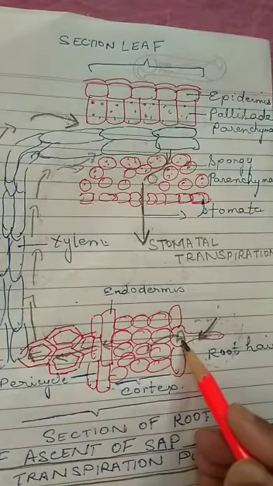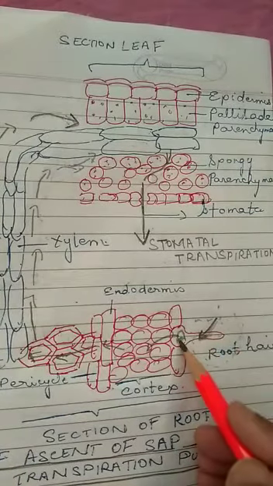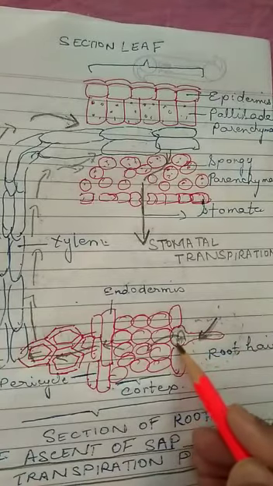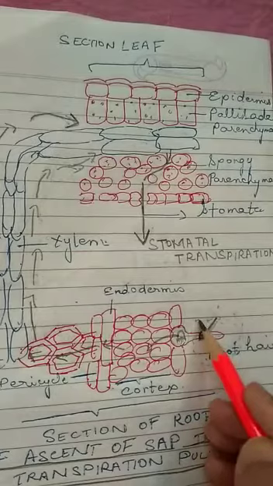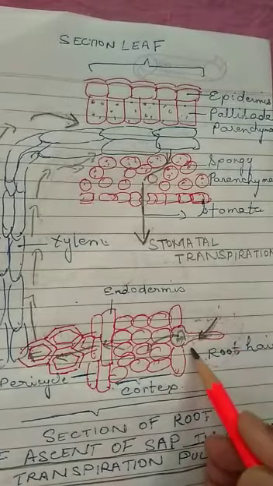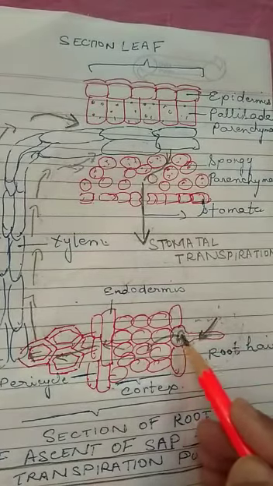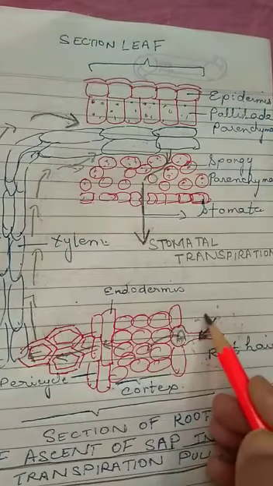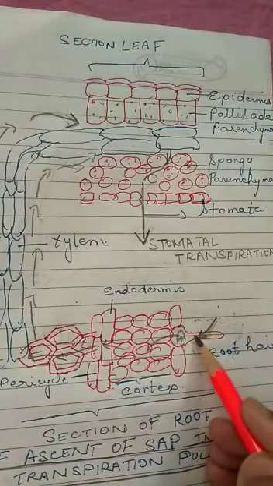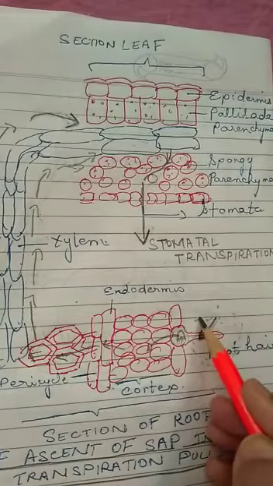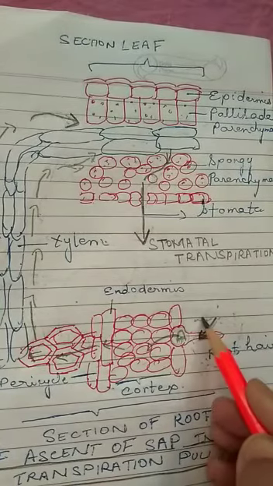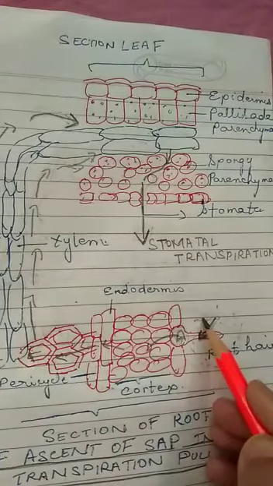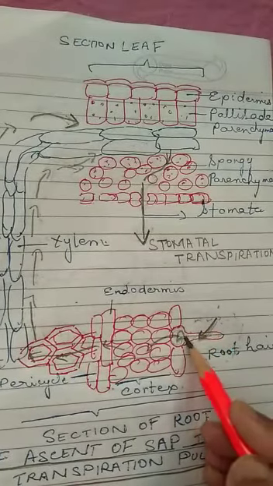Into the process of osmosis, which you have done in your previous classes. Now the concentration over here increases. That means the medium becomes hypertonic over here compared to the area around it, because it is actively taking up ions. So now what happens? The water starts moving in, because now the water is more over here and less over here. So osmosis will start, that is the movement of water from its higher concentration towards its lower concentration.